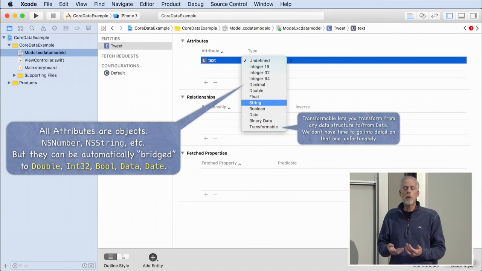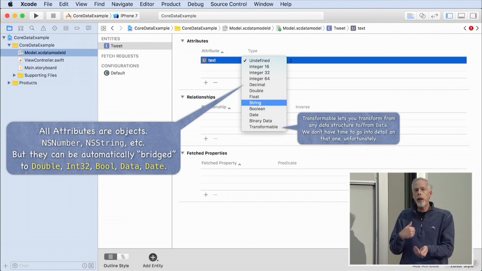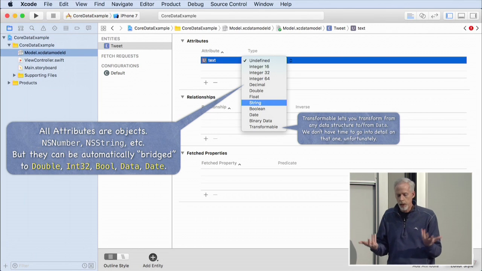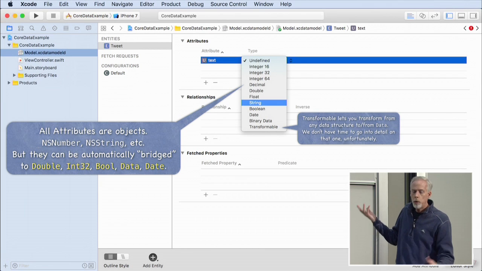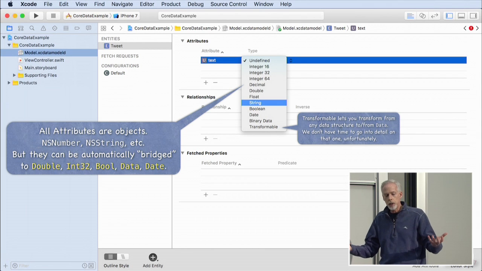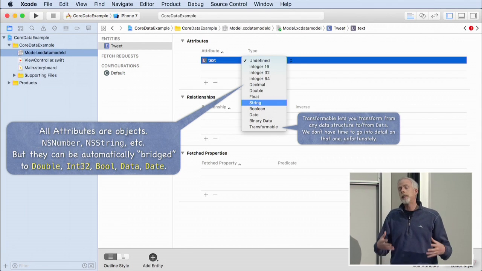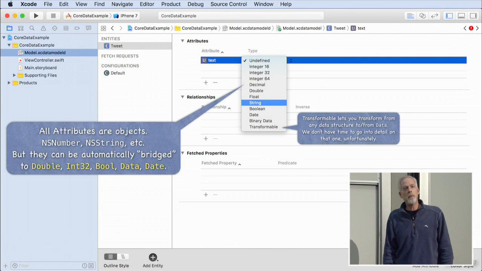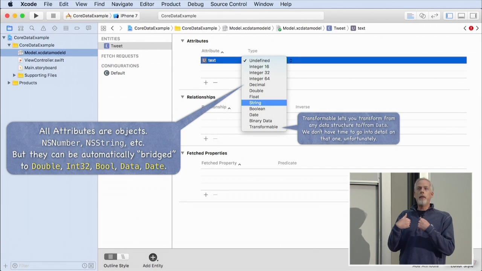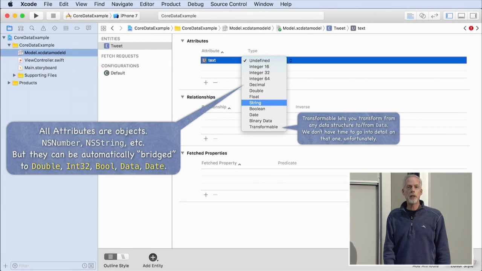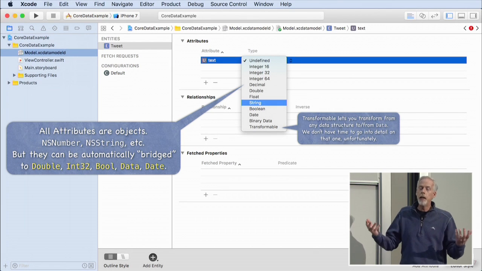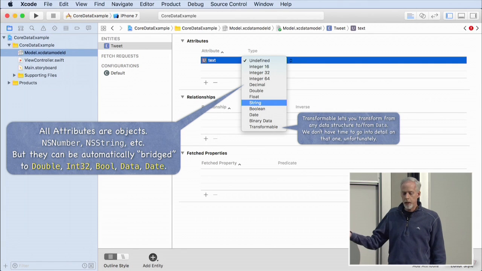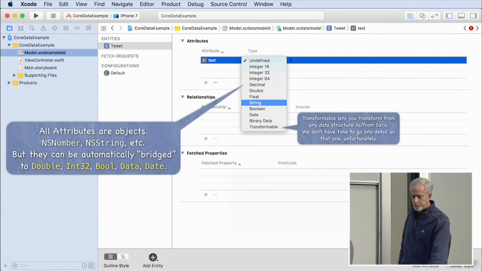And so if you pick transformable there, you're going to have to do some extra work to tell Core Data about that transformation. And that's what I don't really have time to tell you about. But just know that if you want to store something like a CGRect, actually if I was going to store a CGRect, I might use a function. There's some function called something like NSStringFromCGRect. It gives you a string, and then there's NSCGRectFromString or something like that. So I'd probably store it as a string. But if I had something more complicated than that, then I might use a transformable.